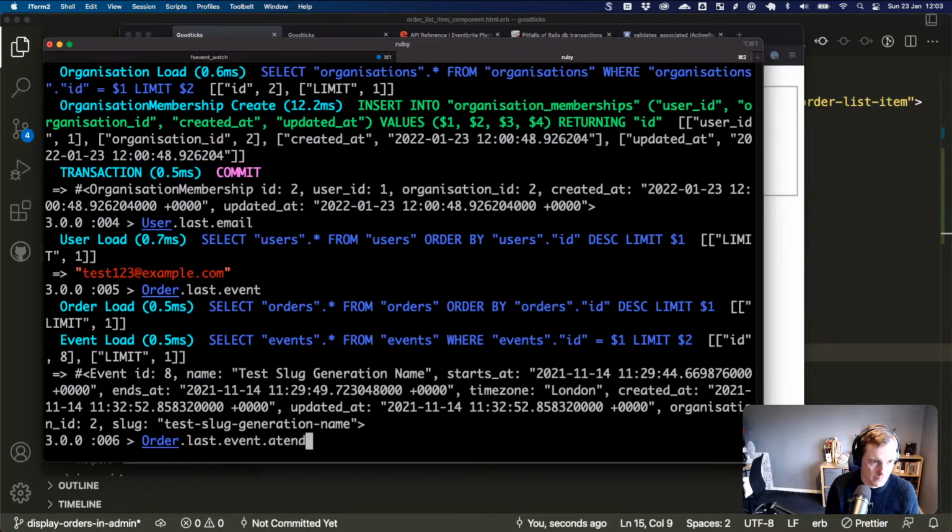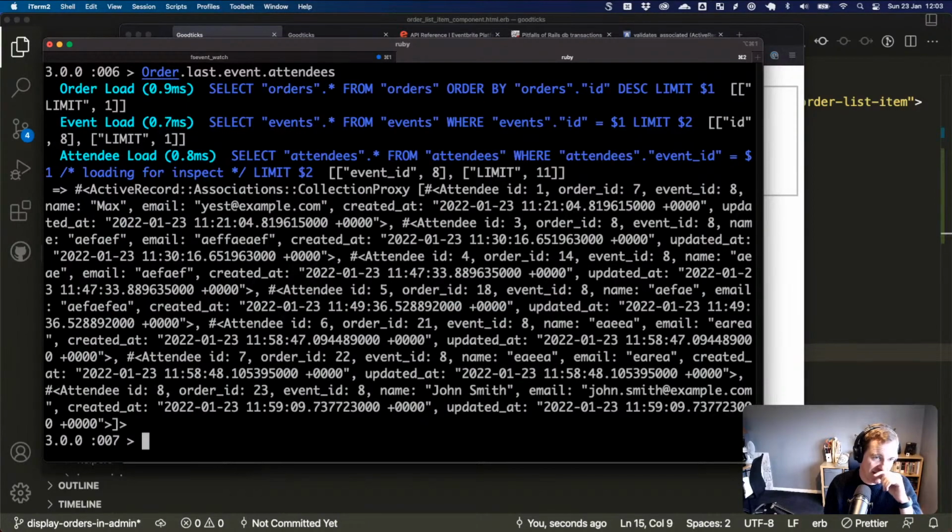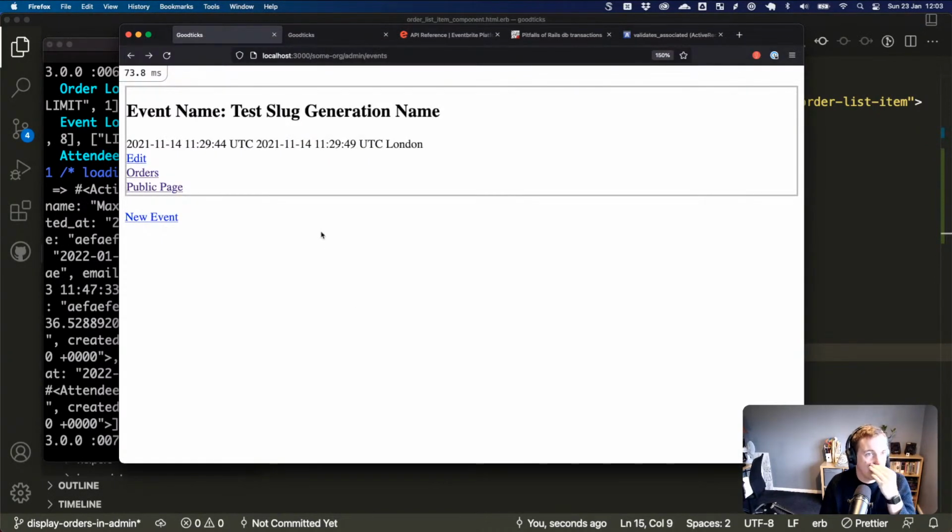And then attendees, and we get all of those, which is great. So then that's the basics of our attendee management page. So then you could go in and edit individual people, and you then are disassociating the attendee from the order,